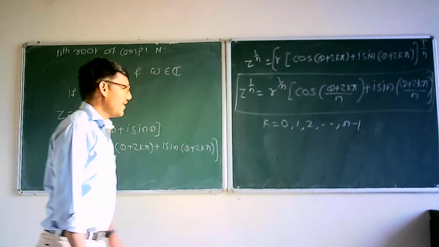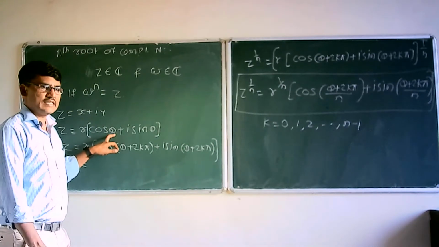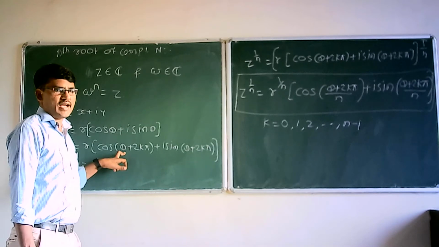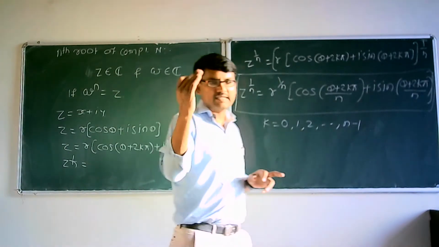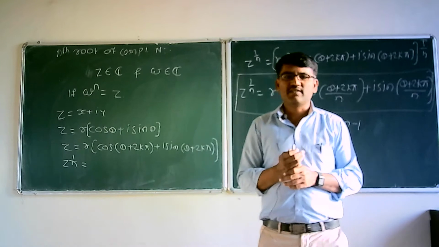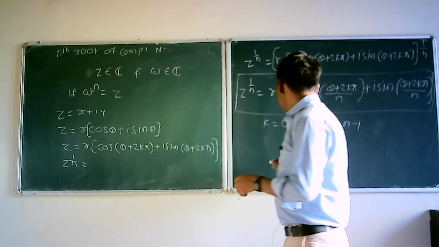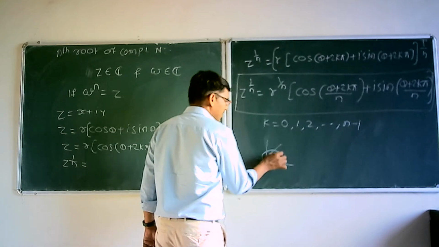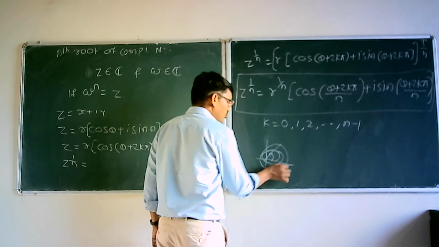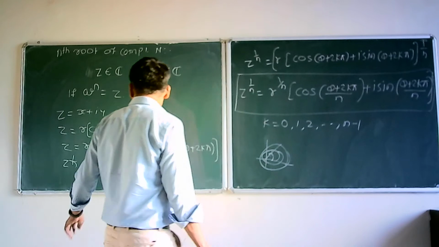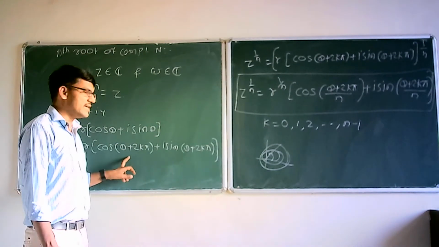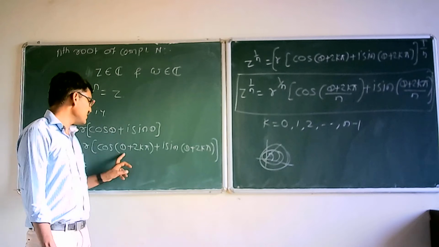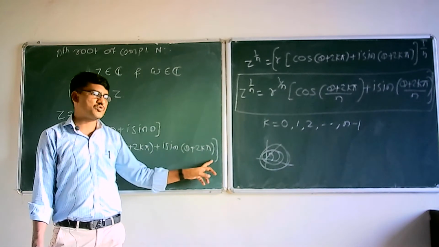So I hope you understand, it's very simple. Here the only difference is that instead of theta we write theta plus 2k pi. Already I have explained all the general angles of a given complex number. If theta is an angle of the given complex number, then theta plus 2 pi is also an angle, theta plus 4 pi is also an angle. So instead of writing the principal argument, I am writing the general argument of the given complex number. It is theta plus 2k pi.